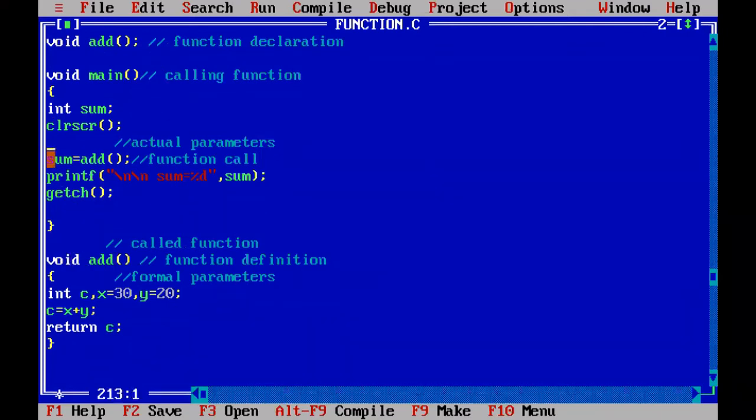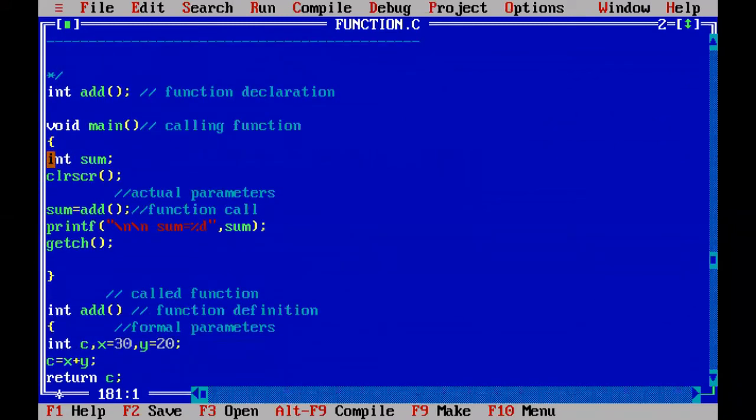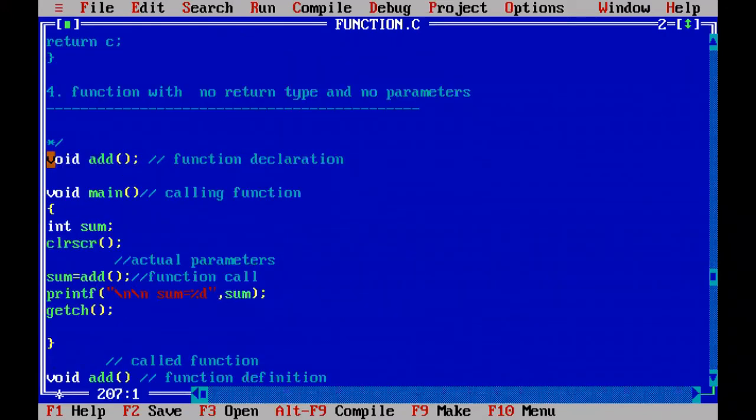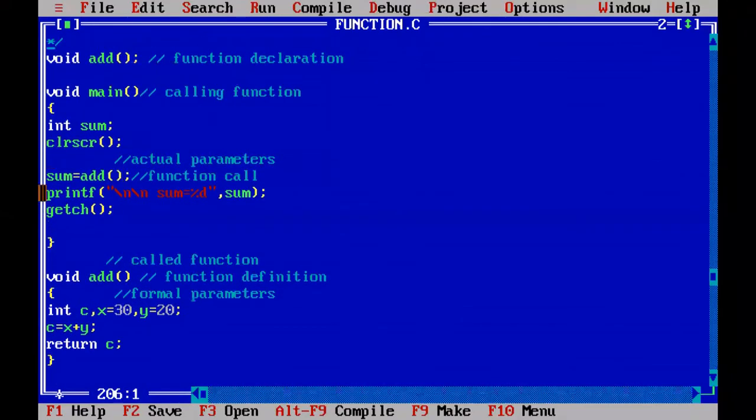Then how to call the function? Before that, remove the comment here and comment up to here. So only uncomment the present program. Comment whatever is there before. So addition, the fourth category is no return type void and no argument. Here also you can see no return type and no argument list. Then what will happen? We can make the function call, but it is not able to return anything.